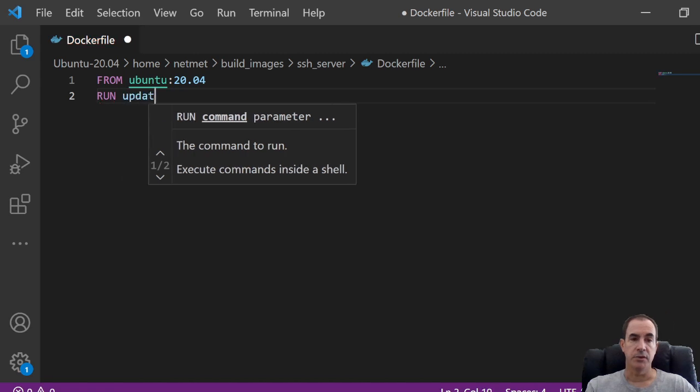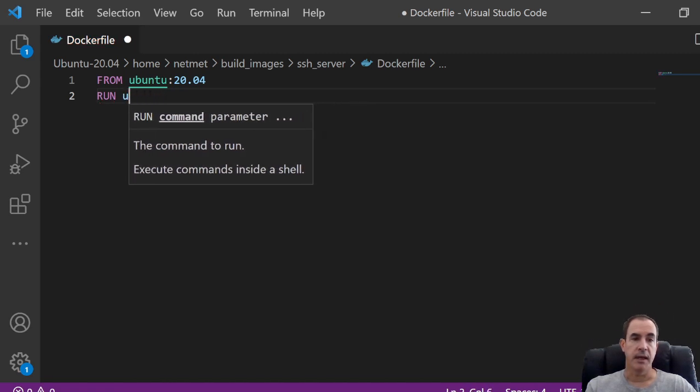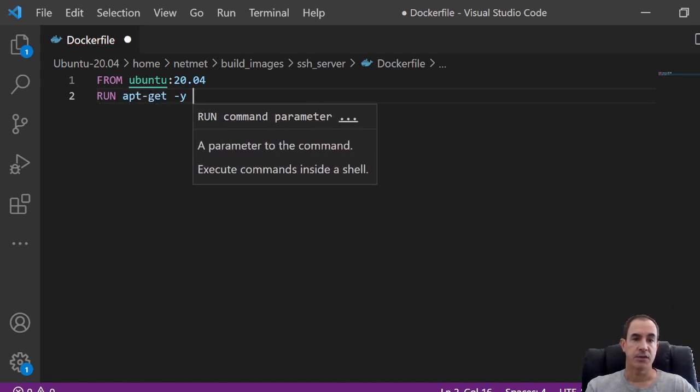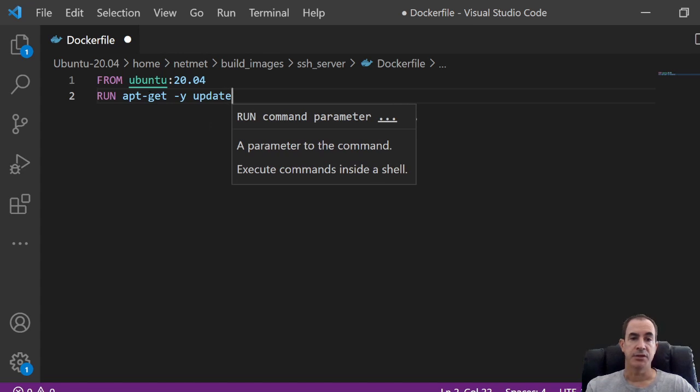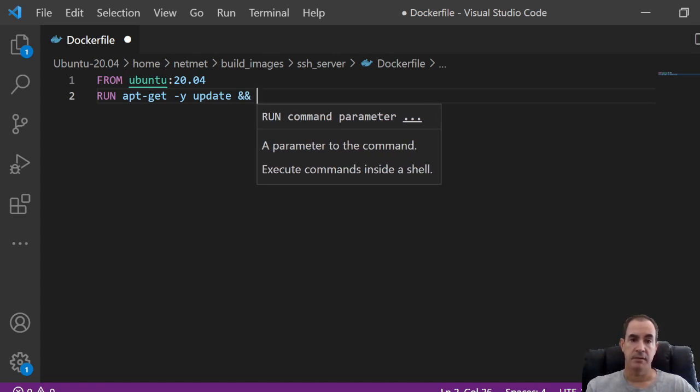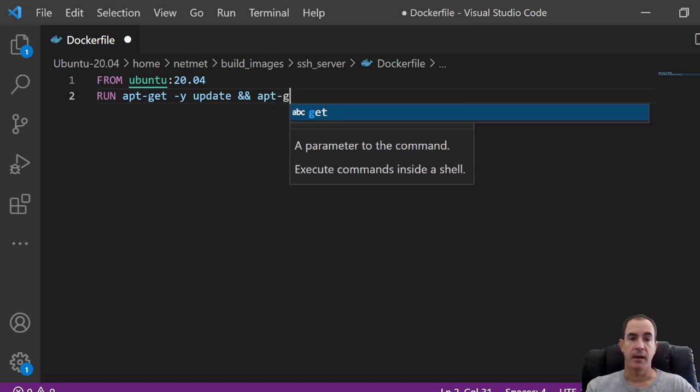So here I'm going to do an apt-get -y update. And what this will do is it'll say, hey, go ahead and update this container, get all of the necessary updates on there so that all my packages are accessible to me, etc. And that -y will say, don't prompt me to confirm it, just go ahead and do it. The ampersand, which is an and, after that, I want you to run